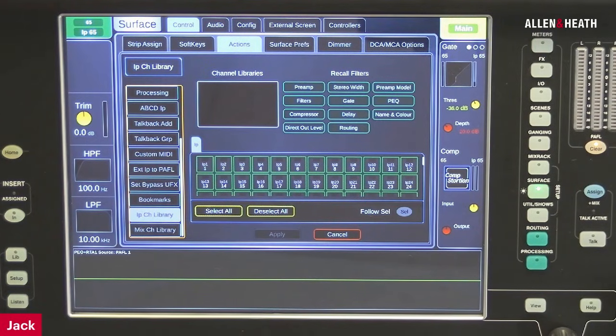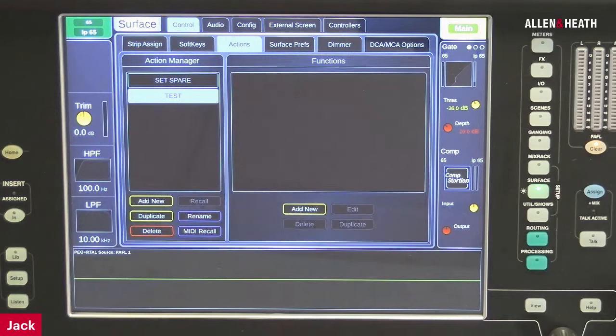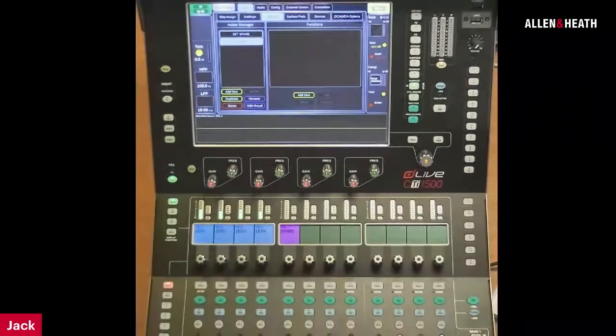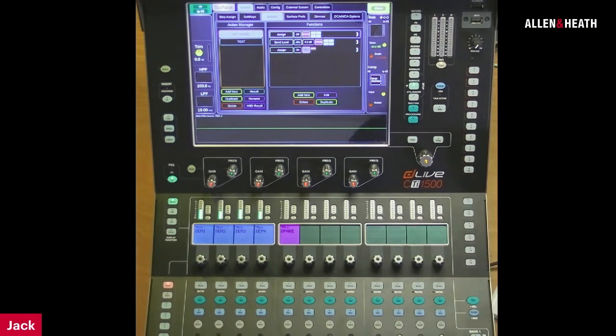So one of the things that we've been looking at, if I come out of this and I go a little bit wider, is how we might create a button for an IEM spare. So it's quite common that if you've maybe got 4 people on stage, 4 people with IEMs, you might have a 5th IEM pack available as kind of a hot spare, a hot takeover kind of IEM. So what I've set up here is a set spare action. So what do I need to do for a set spare action